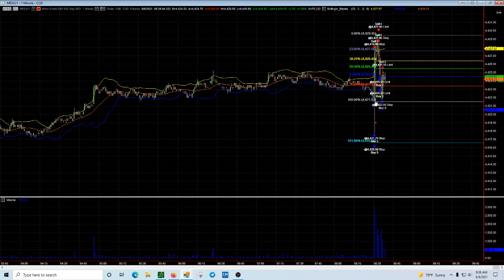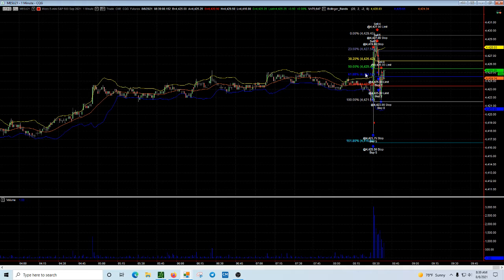I wish that one didn't sell me out when it shorted there. But either way, it's going to be around 80 bucks once everything's said and done with commissions, which are super cheap. That's what I like about the micros. You can get as many as you want, just as liquid as a regular one, and it's a fraction of the cost in transaction fees.